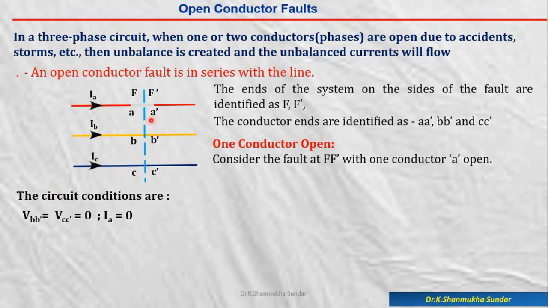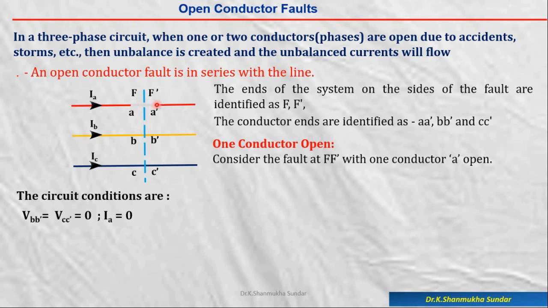But here we are having two ends of a conductor we have to consider. So what is the zero sequence current? Suppose if you take A dash, what is the zero sequence voltage? VA dash 0. You have to suffix. Is it clear? So that means VA dash 0 indicates it's a zero sequence voltage across the faulted terminals A dash. Similarly, VB B dash 0, VC C dash 0.